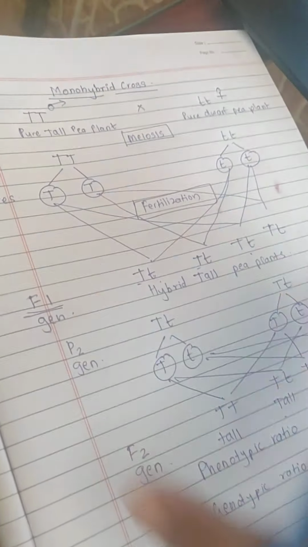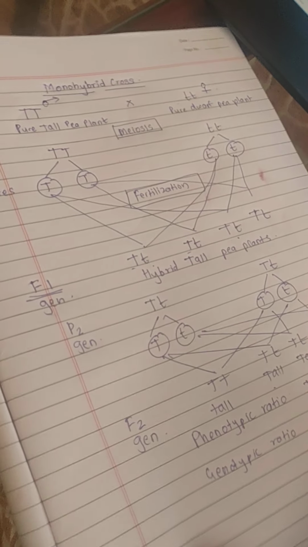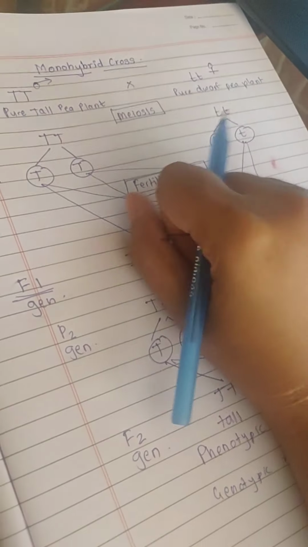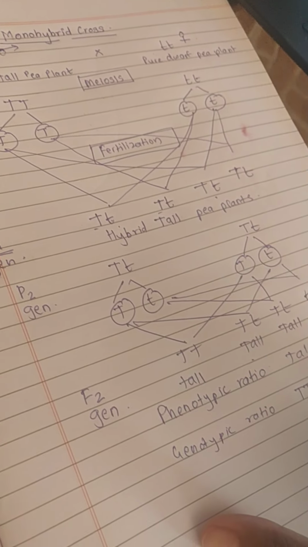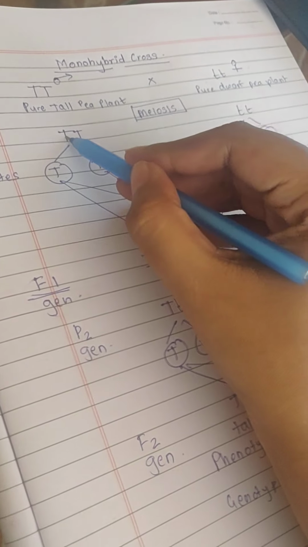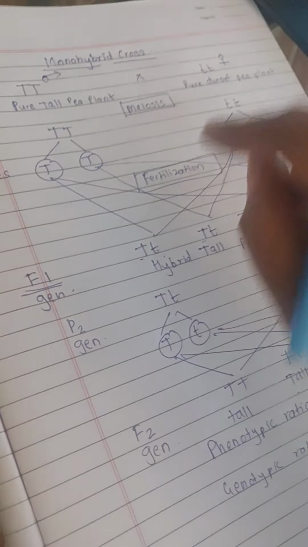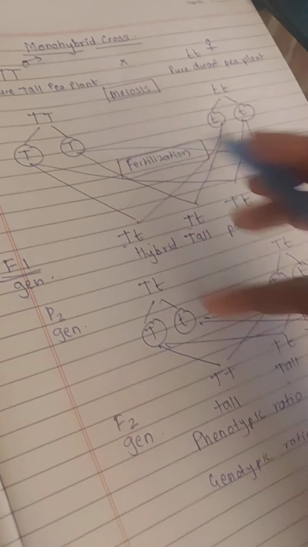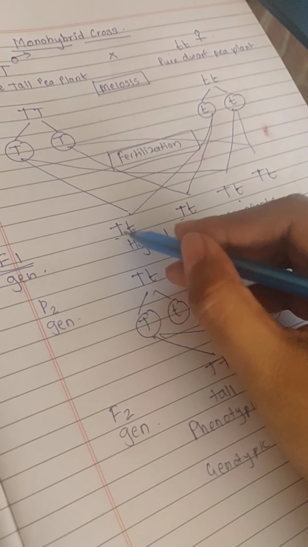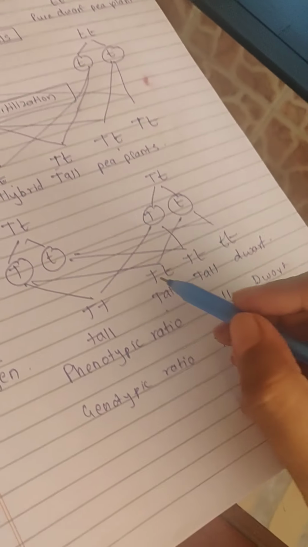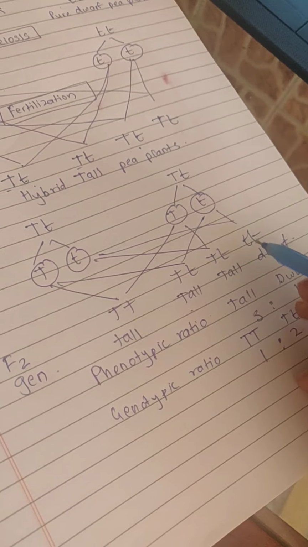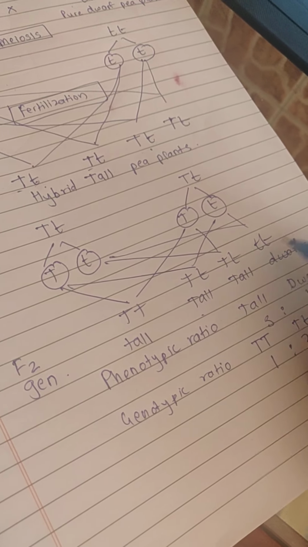Right, so this is the monohybrid cross. Why it is called as monohybrid? Because we are only considering one characteristic, that is the height of the plant, and then we are proving it that even though we are taking pure tall and pure dwarf, it might not be seen in the F1 generation because this is dominating it. Okay, this is dominating it in this generation, but in the next generation there is a chance for 1 in 4 chance कि दोनों recessive साथ में आ जाएंगे and it will be a dwarf plant.